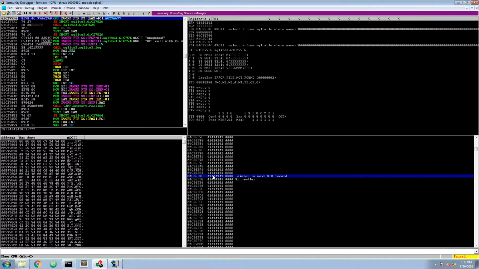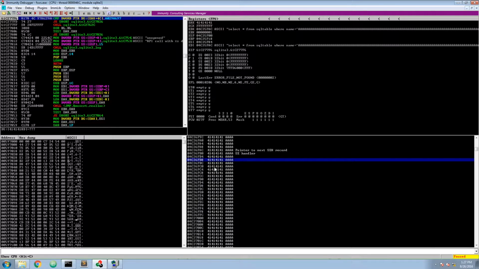What you write here will be executed. We will write a short jump to jump over the SE handler into this area, and instead of the A's, we will put some NOPs to create a NOP sled. I will fast forward what I do now, because I assume you already know these details. If not, I would really recommend to have a look at my previous video.